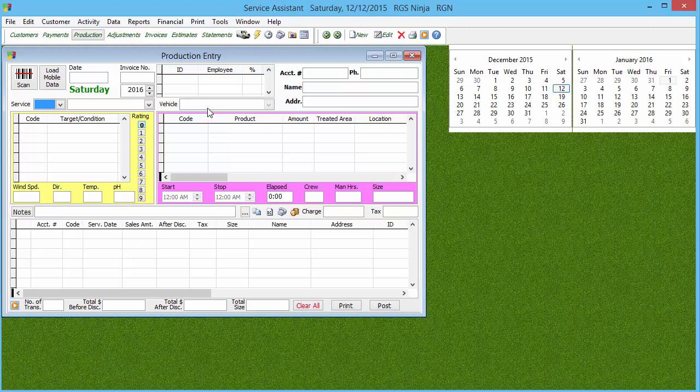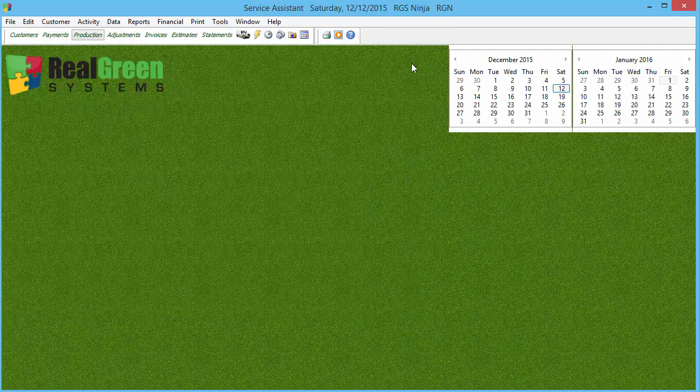So again, like I said, production entry is we're actually putting in the information saying, hey, we did the work, charge that person's account, and so that way they can owe us and we can collect in payments and stuff like that. Now, as far as payments are concerned, we have a couple different kinds of payments. We have the regular payments, which would be something where someone pays their remit.